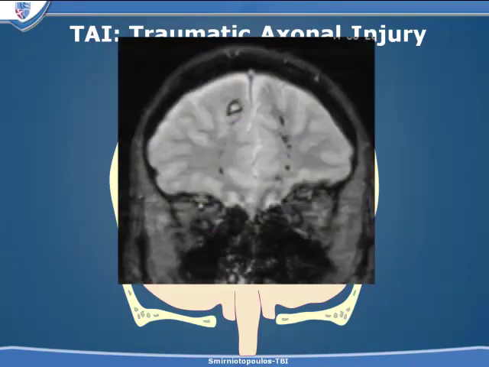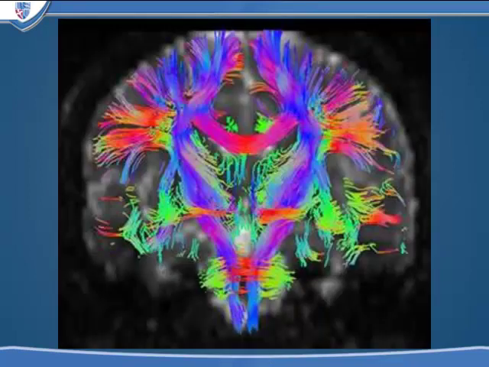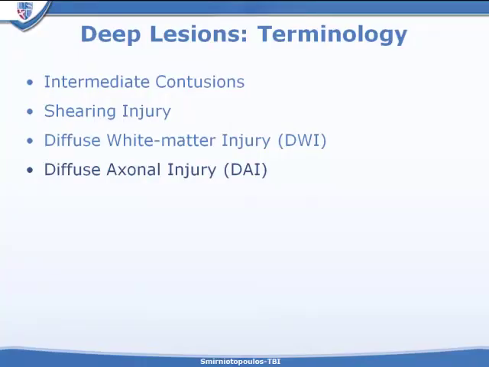And again, we have to consider that there may be other lesions in other locations. Perhaps the best way to identify the tearing of the axons is by doing diffusion tensor imaging and tractography, and a discussion of these techniques is beyond the time that we've allotted for this particular presentation. We must remember that a wide variety of terms are used to describe these deep lesions. Coup-contrecoup contusions or intermediate contusions, shearing injuries, diffuse white matter injury, and diffuse axonal injury are all acceptable synonyms, even